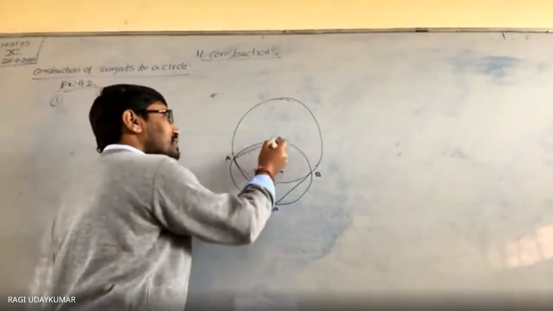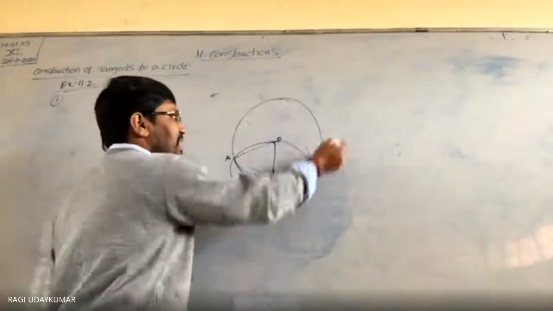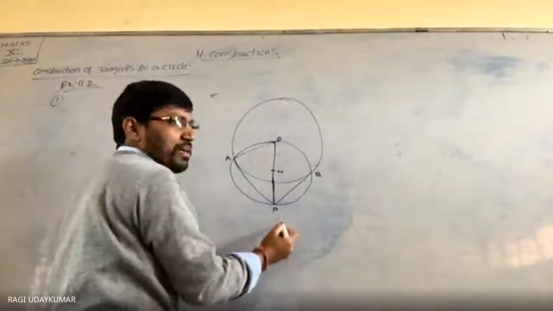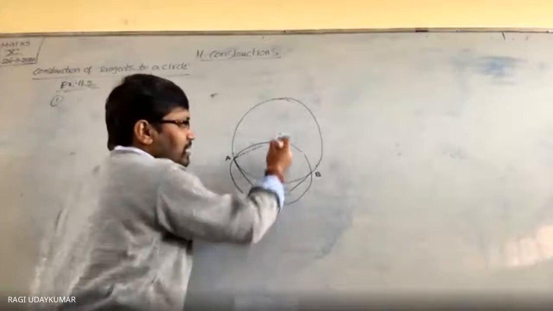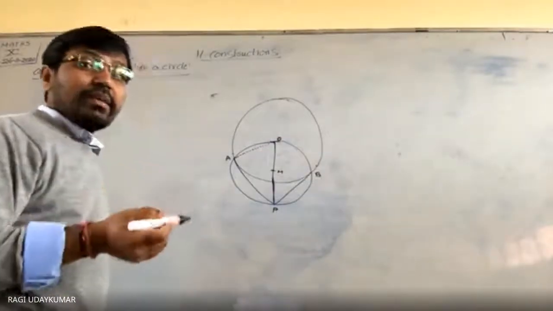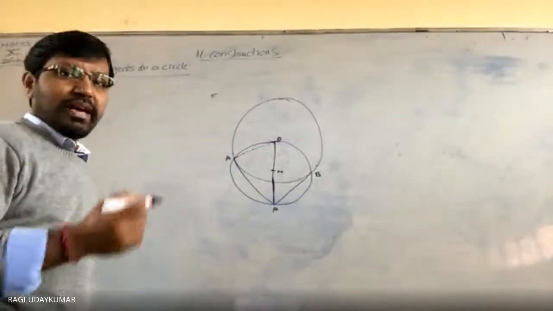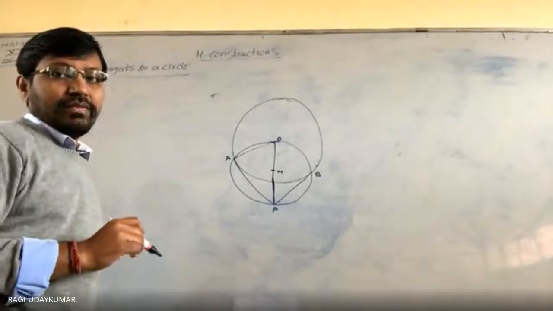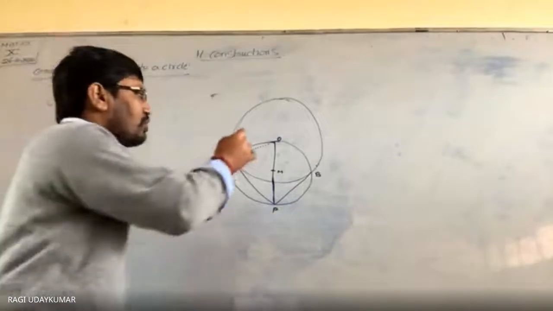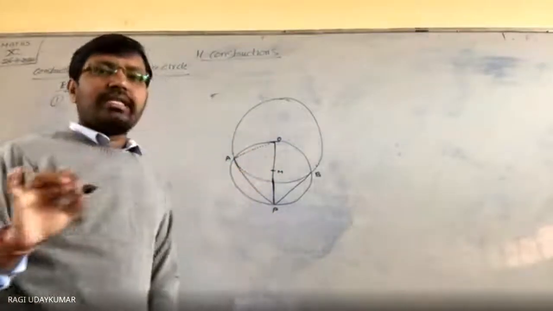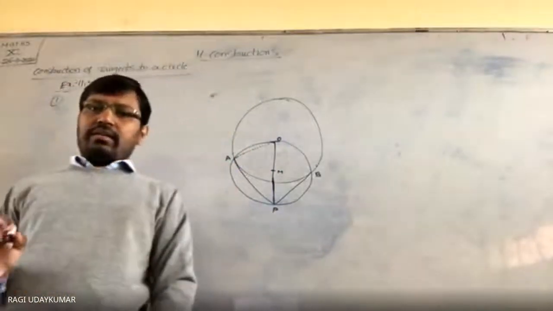So from that you can say that the radius of this circle is perpendicular to AP. In the same way, this radius is also perpendicular. So we need to get the perpendicular line. That's why we are drawing like this. We don't know exactly where we get it. So the easiest method is to draw a simple tangent for any circle.